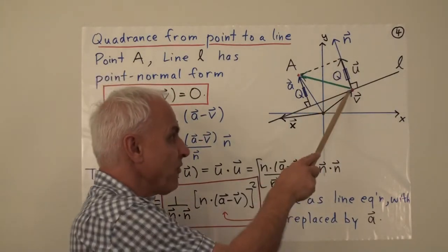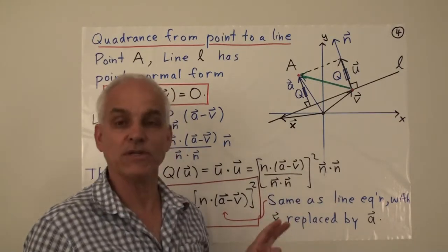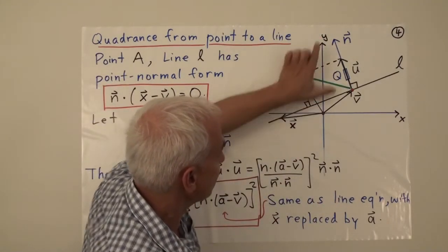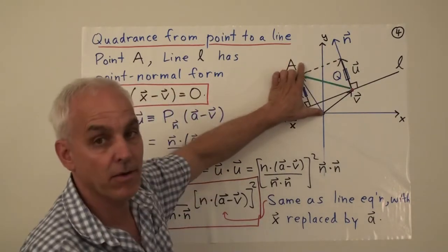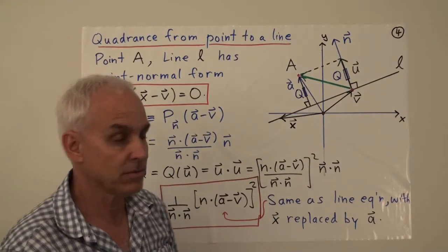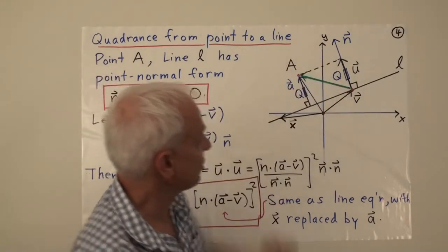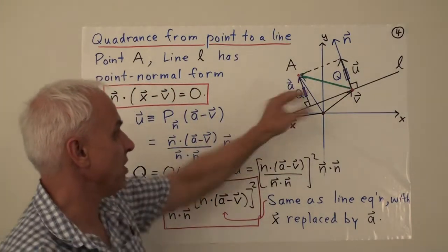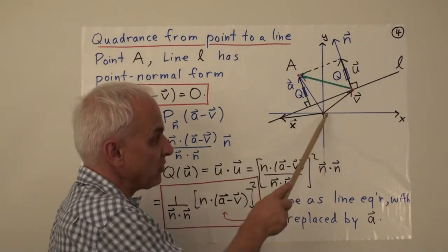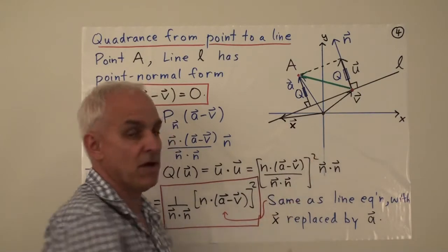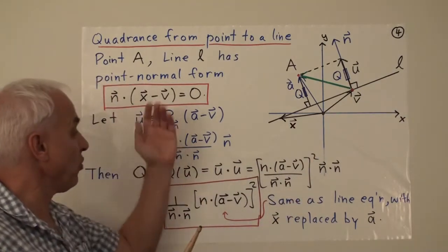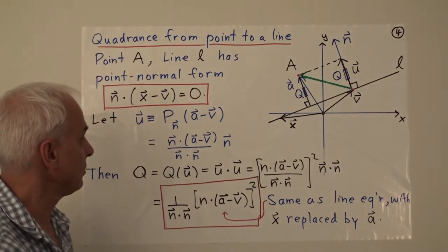And notice that vectors can be moved around. They don't always have to be at the origin. So the vector from here to here is really the same vector as the one translated here. In fact, we could translate it anywhere. It's still the same vector. So we put it here because it's convenient for us to do so in terms of our diagram. And the vector v is the vector from the origin to a particular point on the line, and here's our point normal form for the line L.